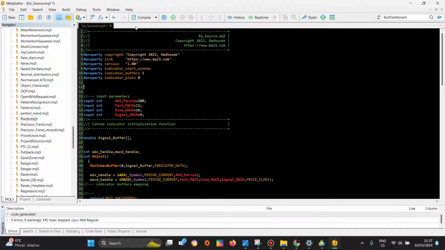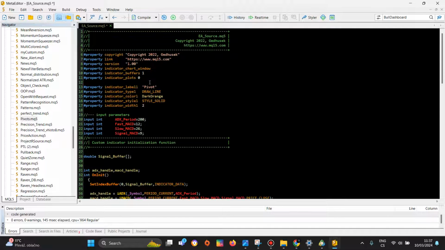I will close this. And yeah, this is the part of code where you specify which buffer is for what. Okay, and since this is the signal buffer, I will change the label to signal,